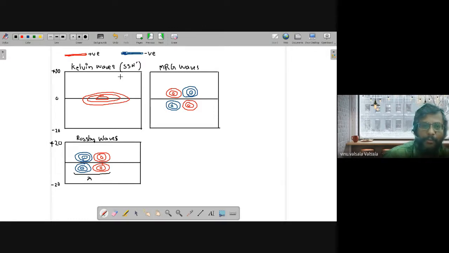I am drawing a positive sea surface height as red and a negative sea surface height as blue. So there will be a maximum sea surface height contour centered at the equator for the Kelvin wave, and they decay exponentially as you go away from the equator in the north or south direction. So this is going to be the spatial shape of a Kelvin wave that we are going to get familiarized with. So you may ask, what is the wavelength?